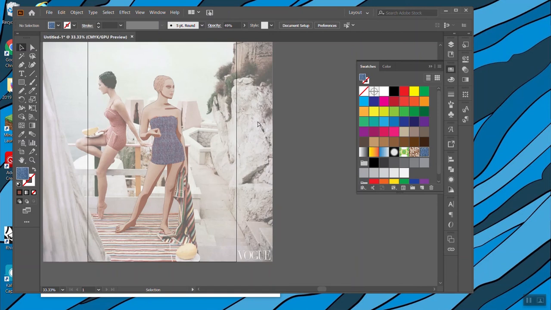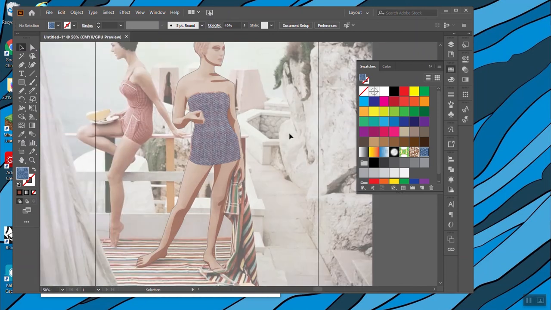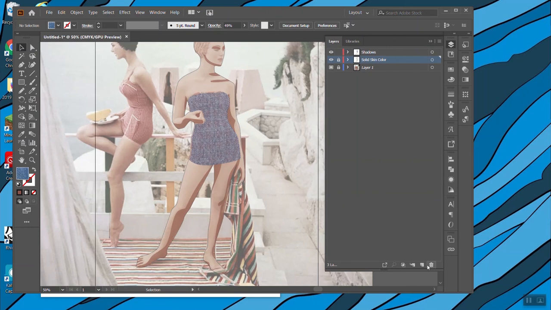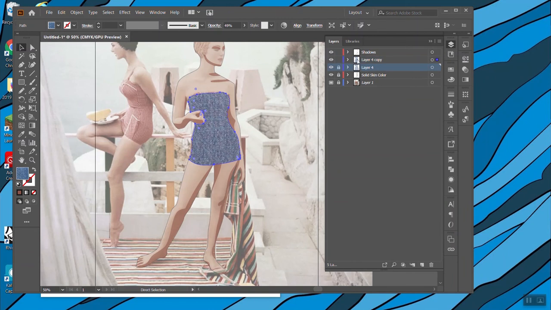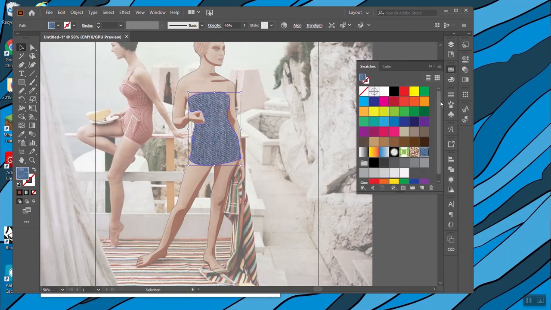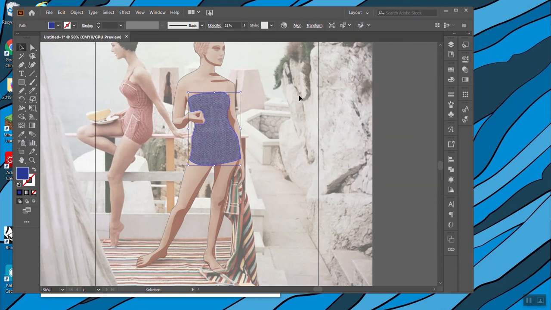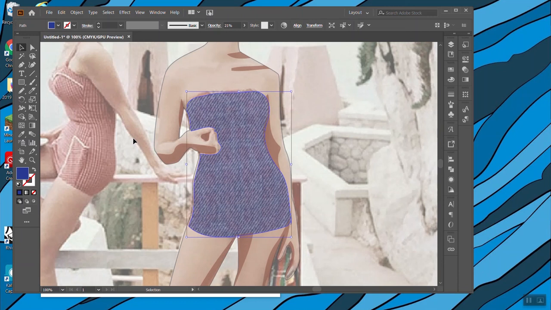So let's start adding other things we might have missed. We actually need, I'm going to put this on its own layer for right now, and I'm going to duplicate it, and we are going to call this dress shadows, and we are going to make these a darker semi-opaque blue, and let's cut up some shadows